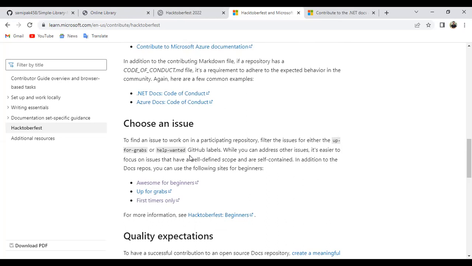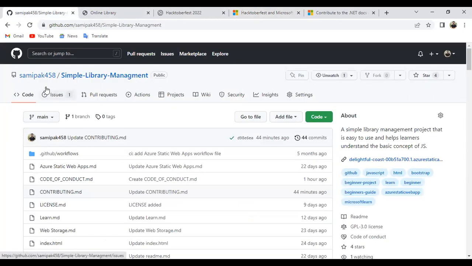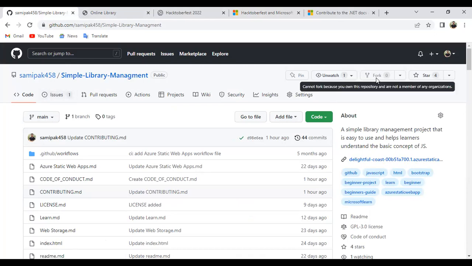Okay, one last thing: how to upload the changes. First things first, it is my own repository, so I can't fork it. If you are contributing, let's take an example, if you're contributing to my project, you have to come to my repository and click on fork.